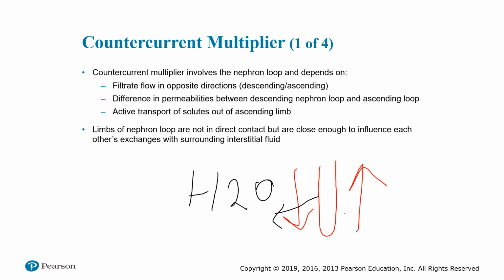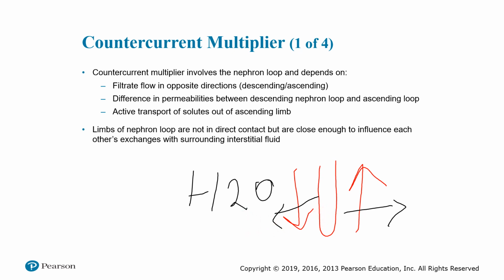So solute can come out of this limb. And then the third is active transport of solute out of the ascending limb. These three are the characteristics which help this countercurrent multiplier to make the medullary interstitial space very